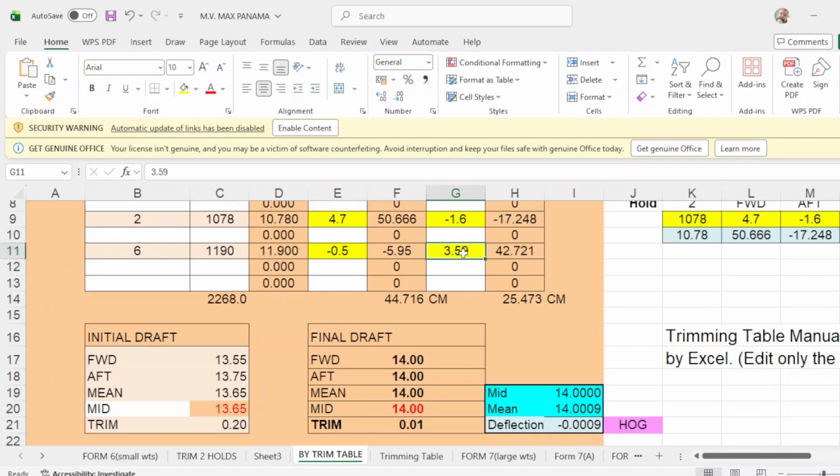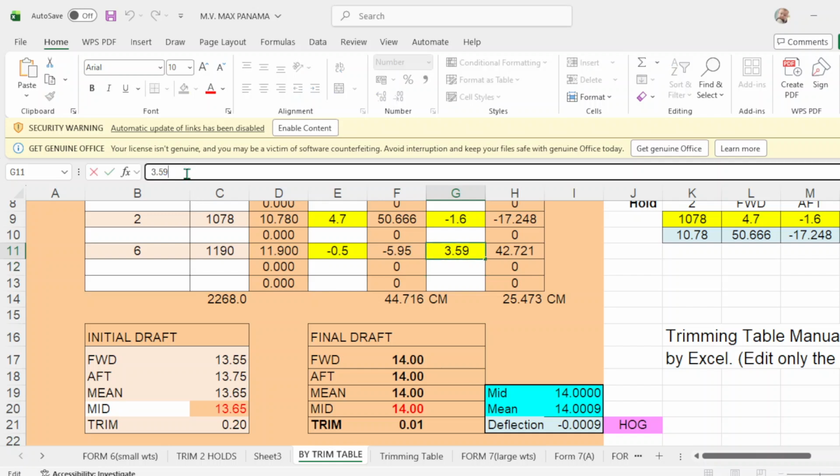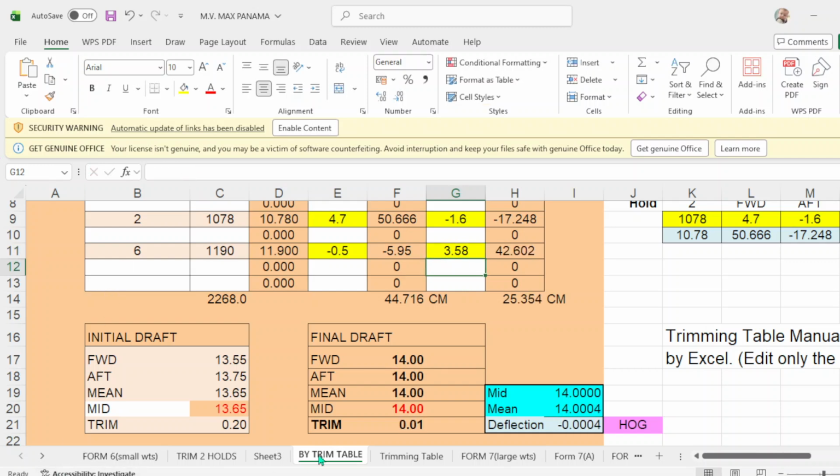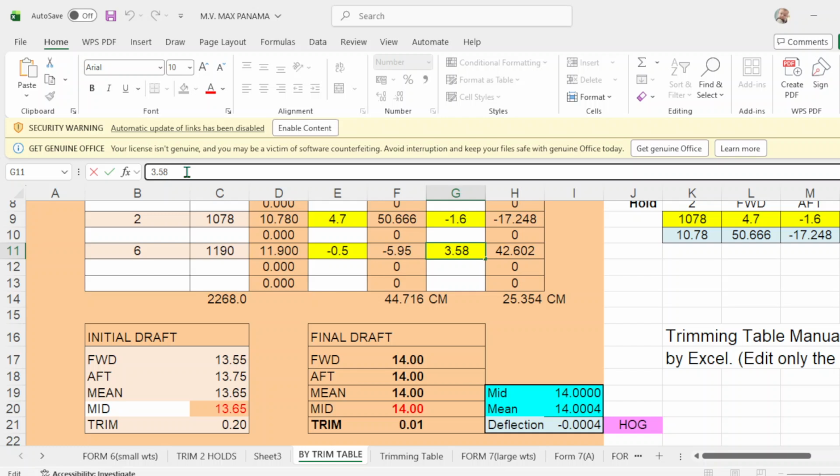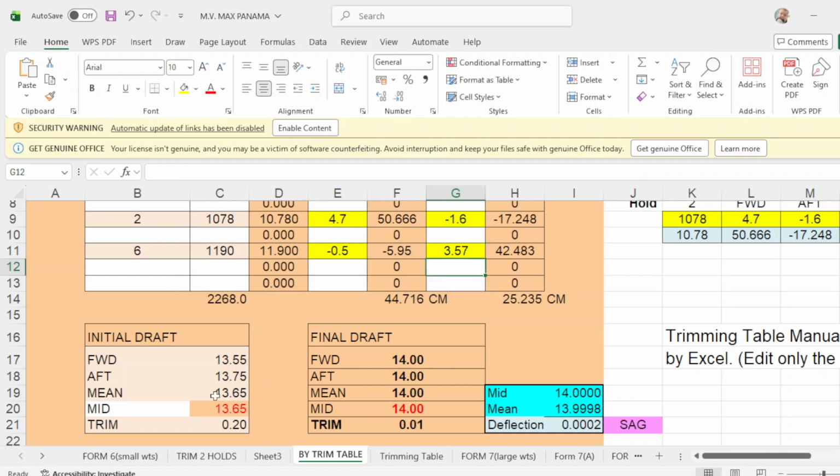So adjust this a little bit, reduce it to make it 3.58. Now it's even keel, but you still have a trim by the stern. So adjust it a little bit downward, make it 3.57. Even keel, but you're trimmed by the stern.